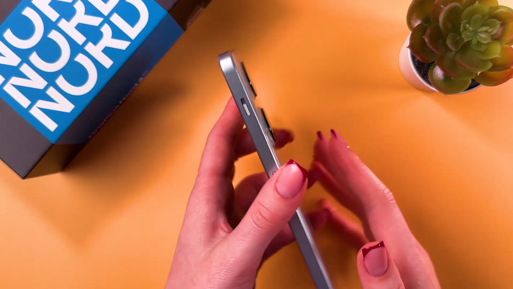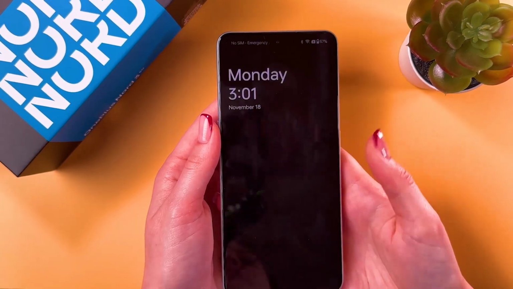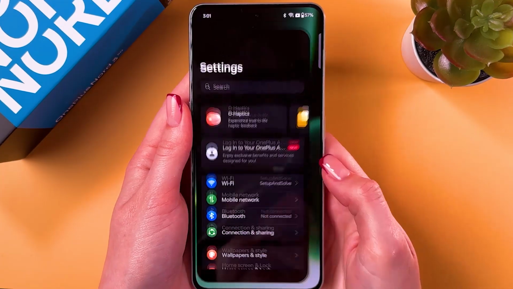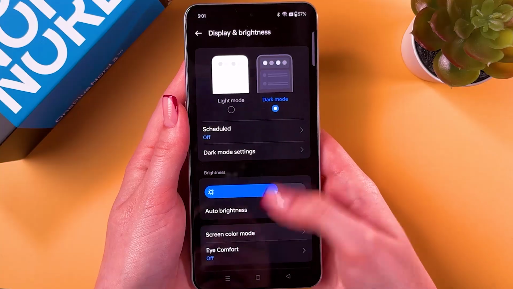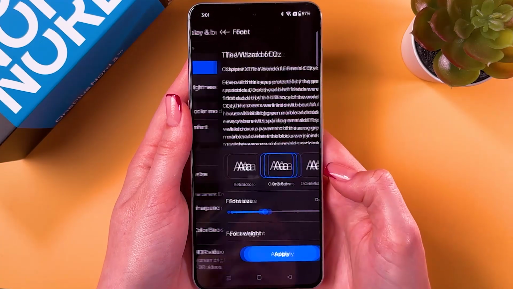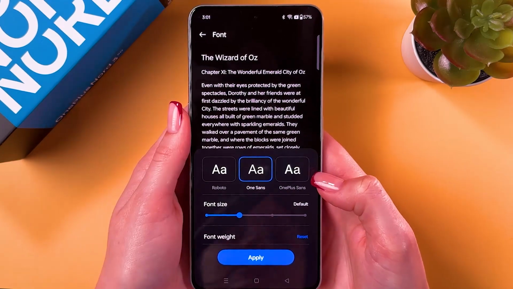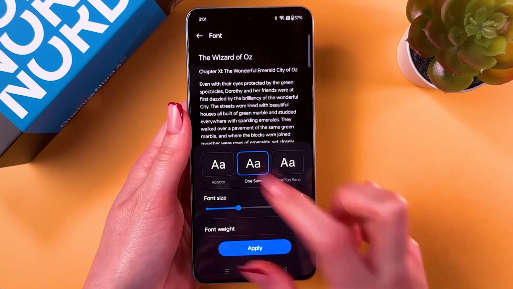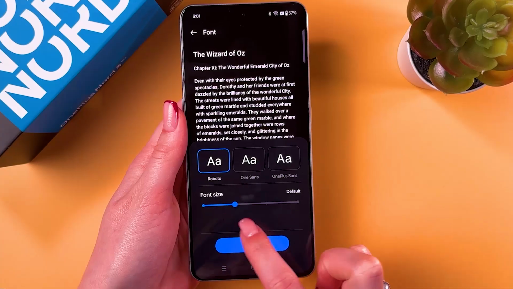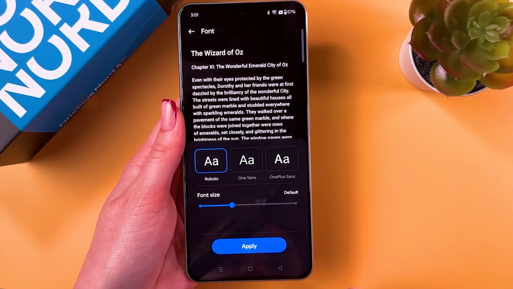Hi, to change the font size on your OnePlus Nord 3, as a first step, open Settings and here search for the Display and Brightness tab. After that, we need to go in the font section and now we can change the font size and even the font style. So firstly, as for the size, we just need to drag the slider right like that